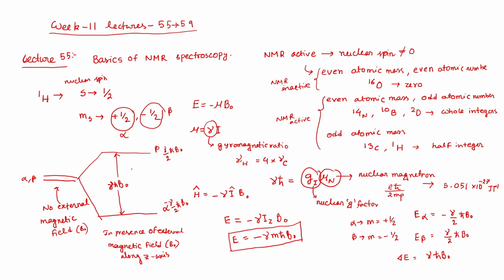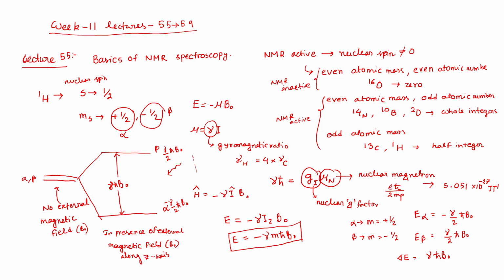Now we are going to give some radio frequency. Actually this gap is equivalent to the radio frequency. So whatever radio frequency we give, it will resonate with the gap, and then that resonance peak will come, and we'll understand that this particular signal is coming from that splitting. After that, suppose in ethanol, how many protons are there? There are three different protons.